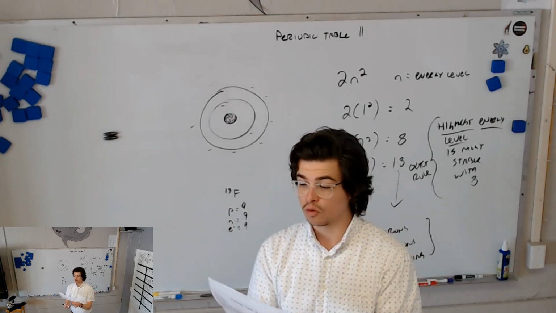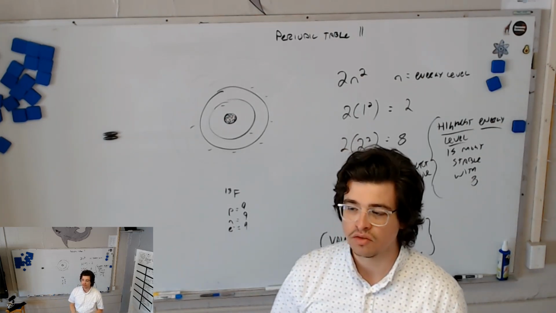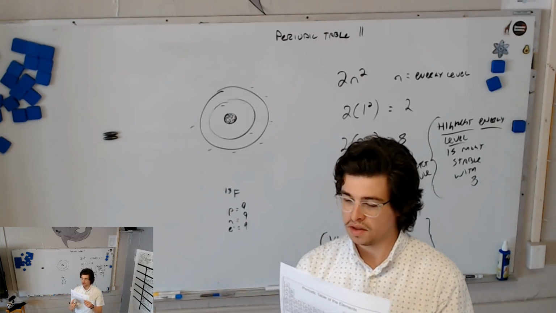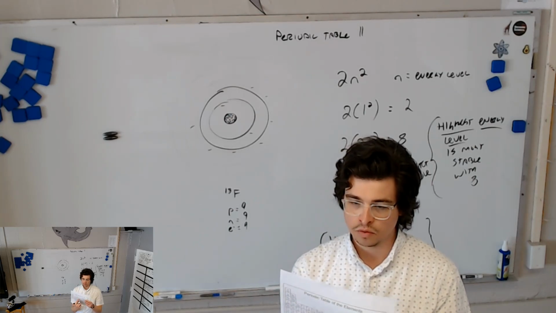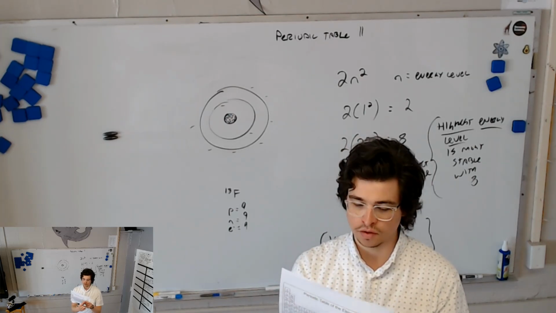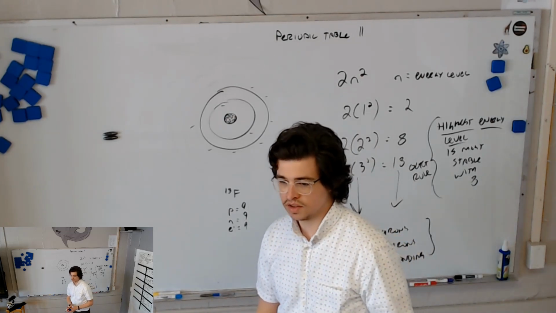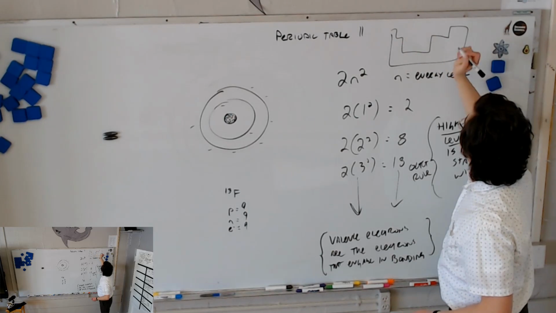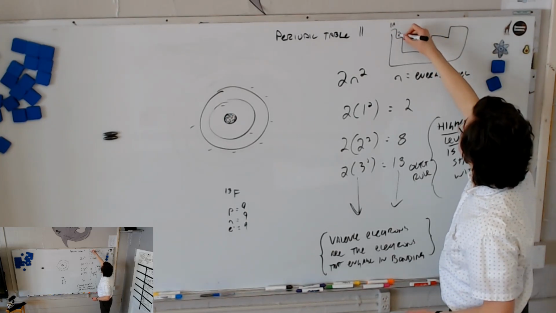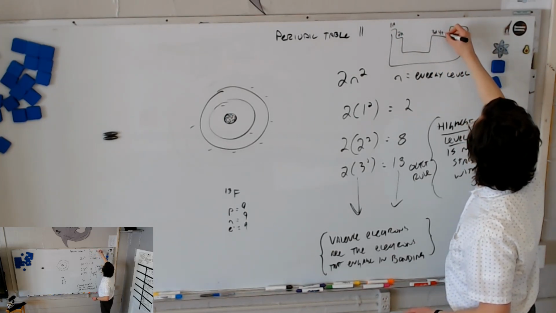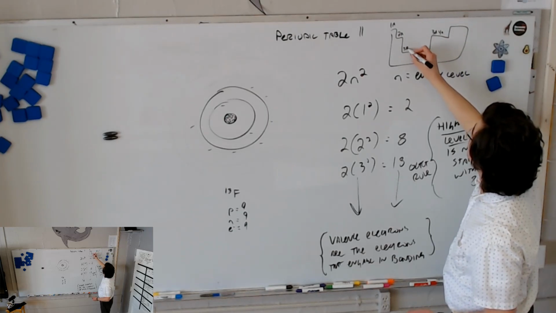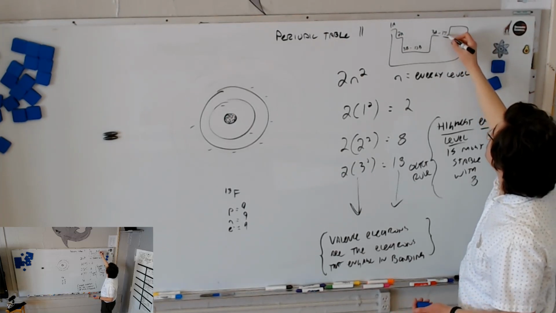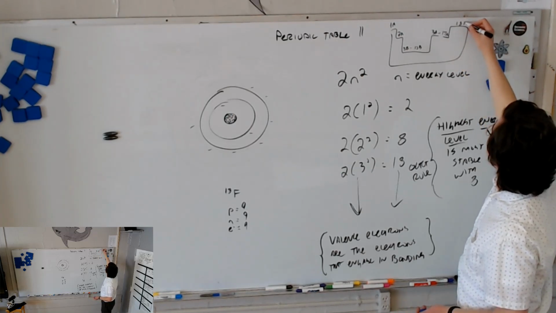How many valence electrons does group 17 have on this periodic table? 7. How many do you reckon group 15 would have? 5. That's right. Some periodic tables are arranged like this, where 1, 2, and then it goes down to transition metals, 3 through 12, then 13 through 18 is up here. Others are arranged with 1A, 2A, 3A, 4A, etc., and then down here are called 3B through 12B. You see what I mean?